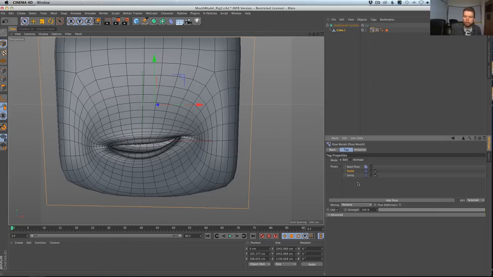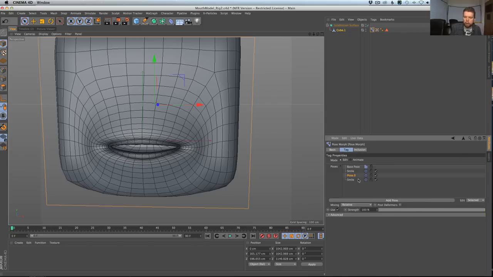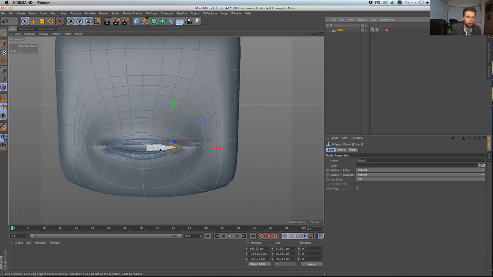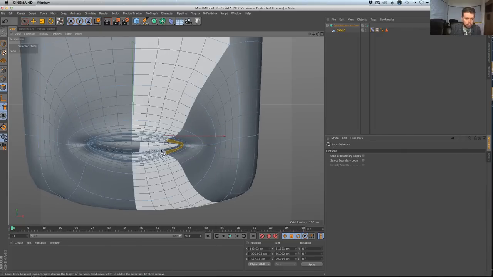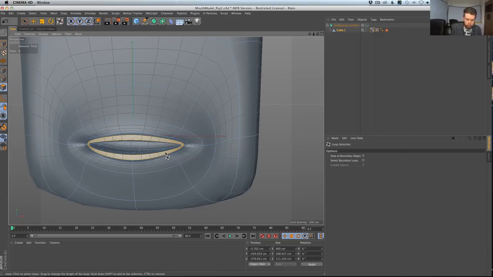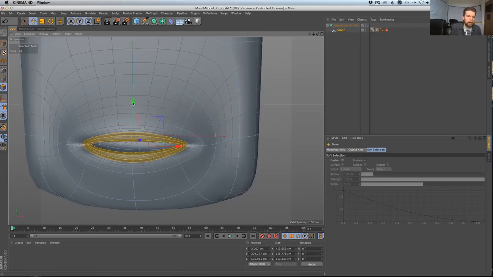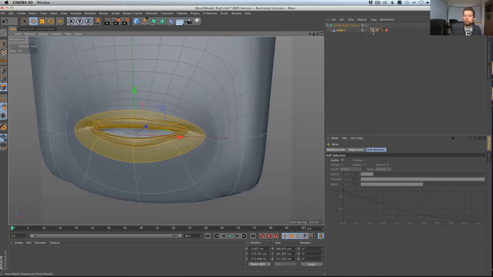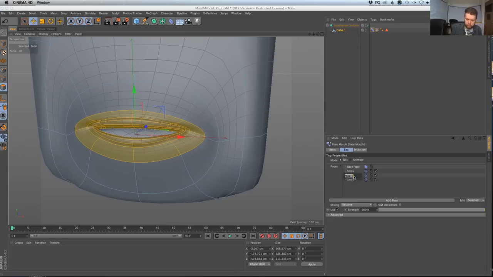So I could right-click and actually, how do we make a new one? Oh, just add pose. So I add a new pose. You see it blanks out. And here, maybe we do a completely different kind of motion. Let's do a loop selection. I'm going to do a loop selection right there. I'm going to grow my selection, and I'm going to have the entire thing move up a little. And then that's it. That's what this is. And I'm just going to call this mouth up, down, and then go back to animate.